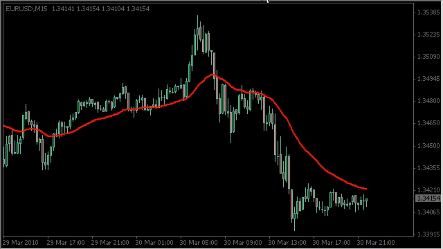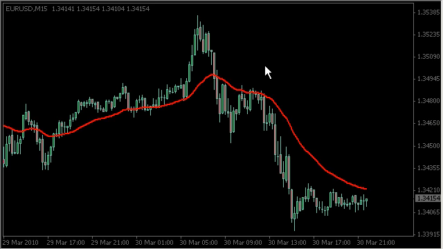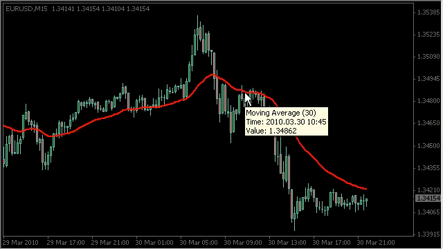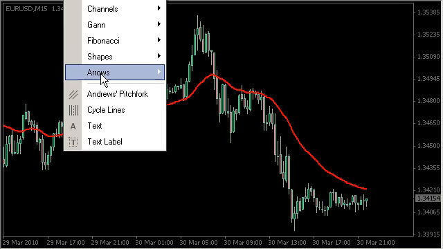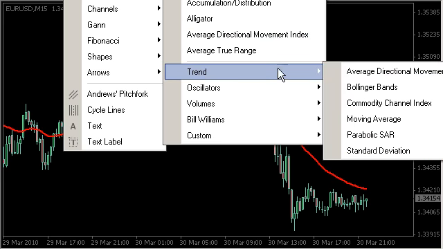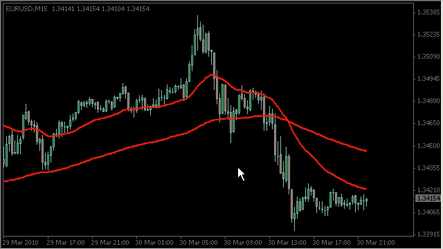Well, 15 minutes fits into 1 hour 4 times. So the moving average period for this to look the same on the M15 would have to be 4 times 30, which is a moving average of 120. So let's add in our 120 moving average. We're just doing the same thing, and there's our second moving average. And so now what we're doing is we're seeing what's going on